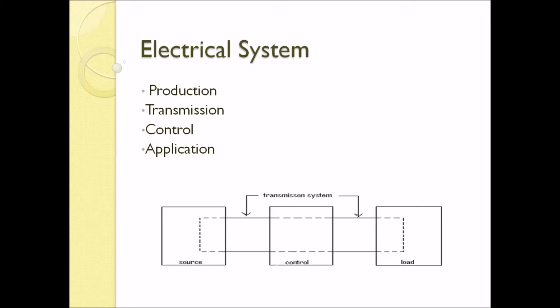So basically, if you are using chemical energy of battery to operate your mobile phone, then it is also a source of energy. And if you are utilizing the hydel energy, or we can say kinetic or potential energy of water, and generating electricity with the help of it, then it is also a source of energy. So basically, in the production section, we generate electricity using the energy source, and the source could be a renewable one or a non-renewable one. So it is a broad topic we discuss in the later sections.